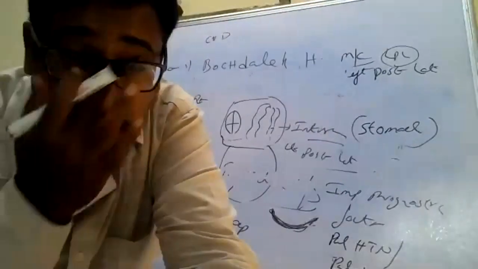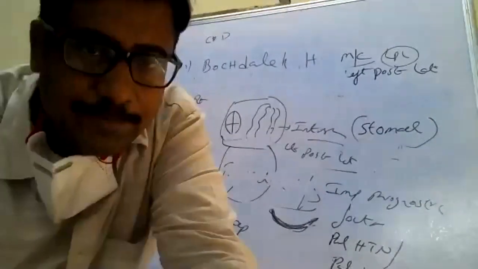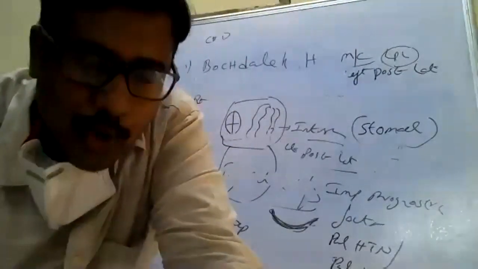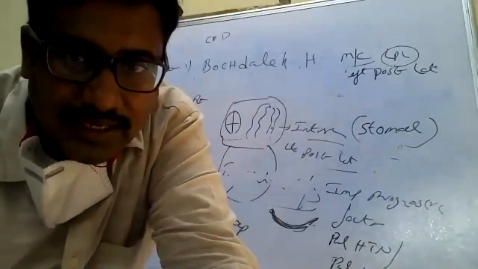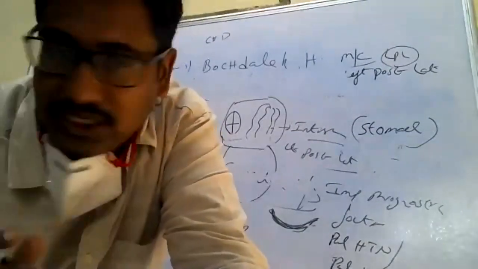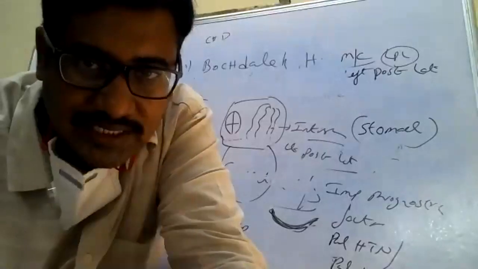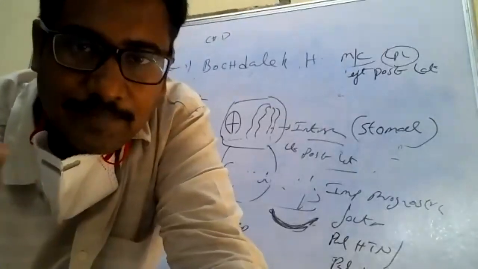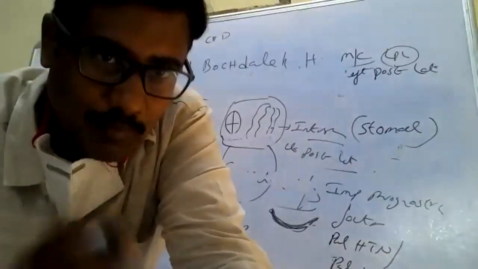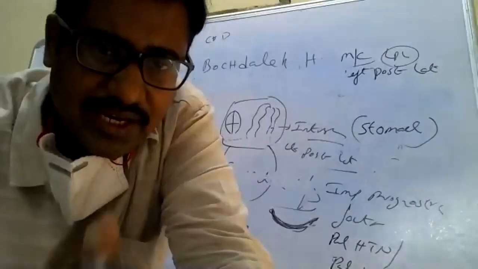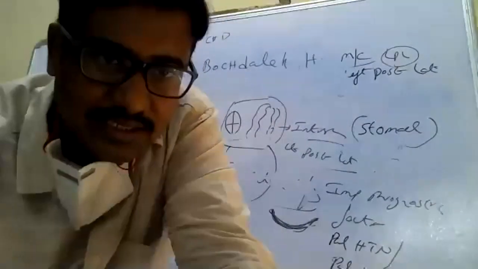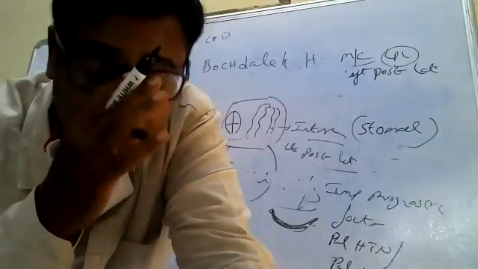So friends, what are the important points in the congenital diaphragmatic hernia? There are two types of congenital diaphragmatic hernia: Bochdalek hernia and Morgagni hernia. In Bochdalek hernia, the entry of the organs is through the LPL, left posterolateral, whereas in Morgagni hernia the opposite: right is opposite of left, posterior is opposite of anterior, lateral is opposite of medial. So right anteromedial is for Morgagni hernia. The herniation of the contents into the thorax will push the heart towards the right, as the intestines are entering from the left.